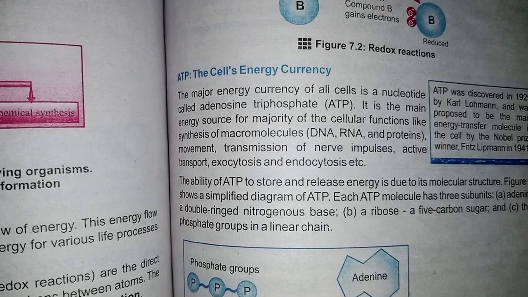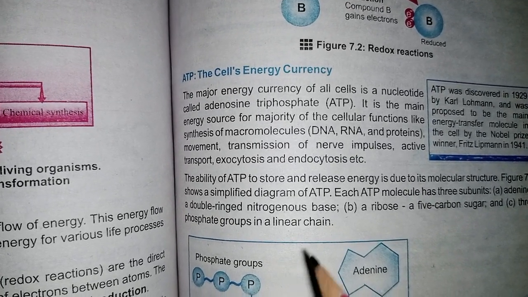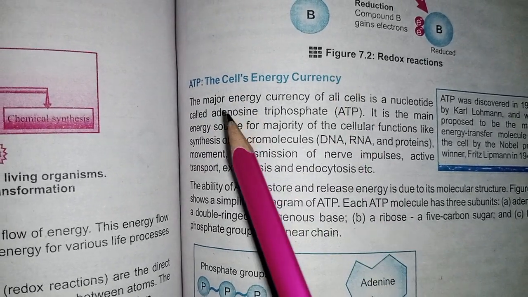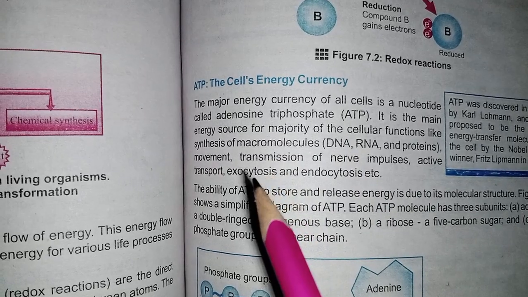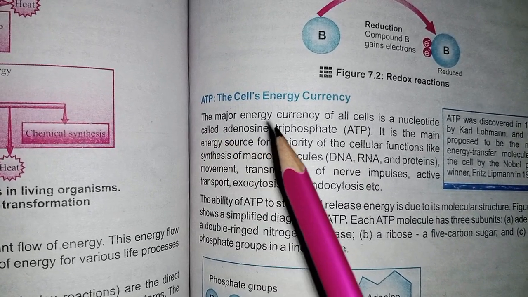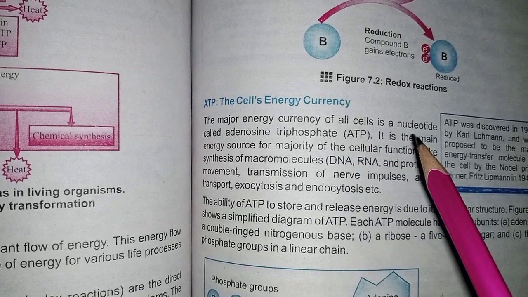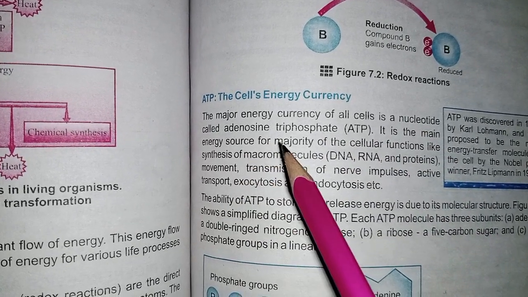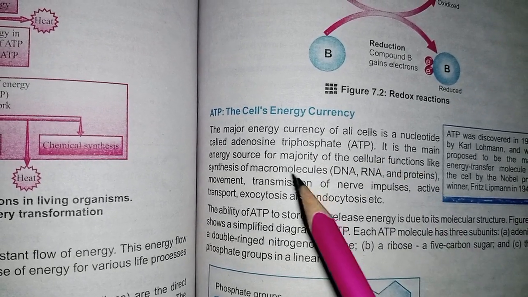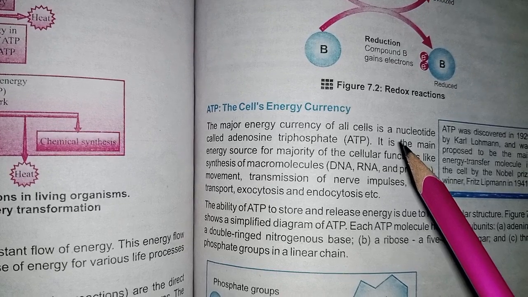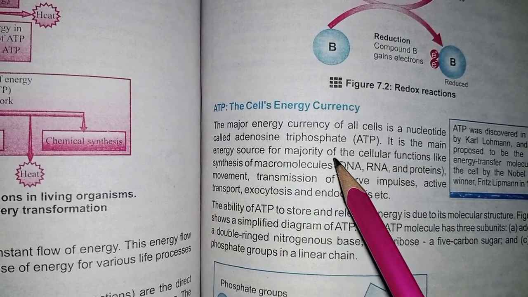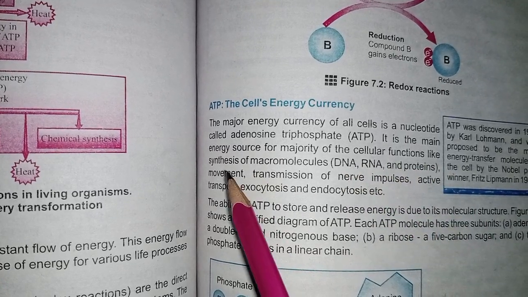The second step is ATP, the cell energy currency. ATP stands for adenosine triphosphate. The major energy currency of all cells is the nucleotide called adenosine triphosphate, shortly known as ATP. It is the main energy resource for the majority of cellular functions, like the synthesis